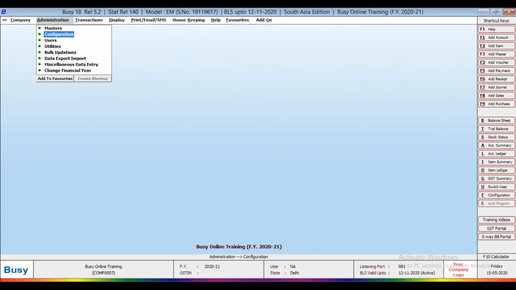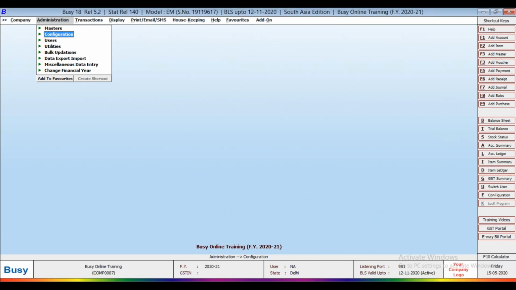I have shown you how it will work and how you will configure it in the Busy software. First, you have to enable this option in account features and create an author from master menu. After that, create an item and define the number of authors and define the percentage of royalty calculation on sales basis or MRP basis.